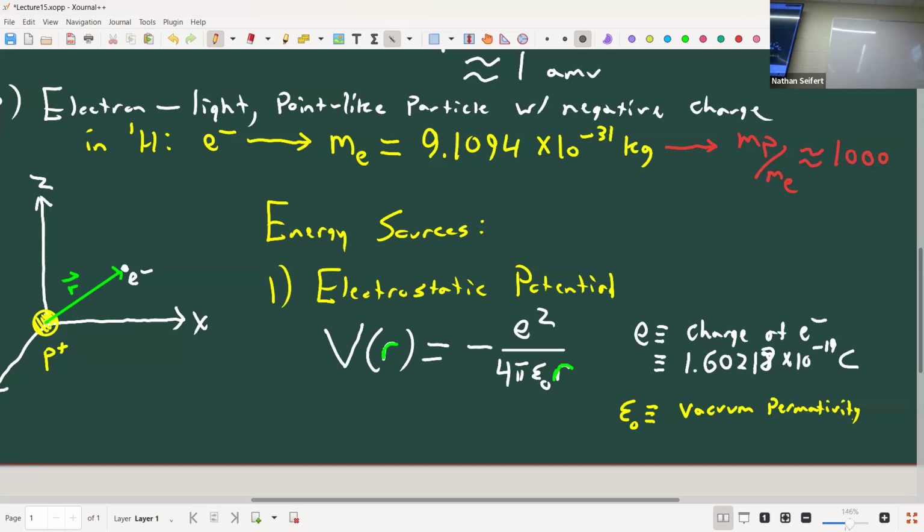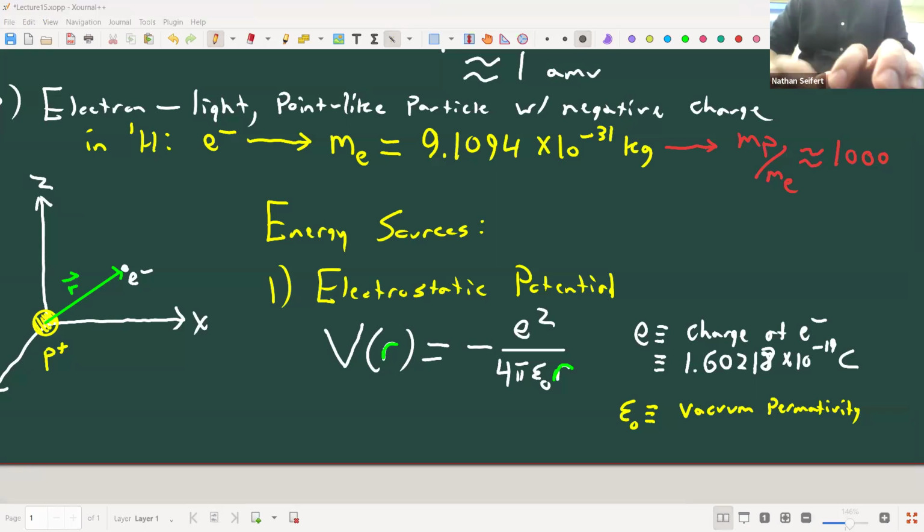So the permittivity specifies how able the empty space between the proton and the electron is to carry that force. There's some drag, in some sense. It's not a perfectly conductive material. So epsilon naught measures what we call the permittivity, which is the ability of the vacuum to